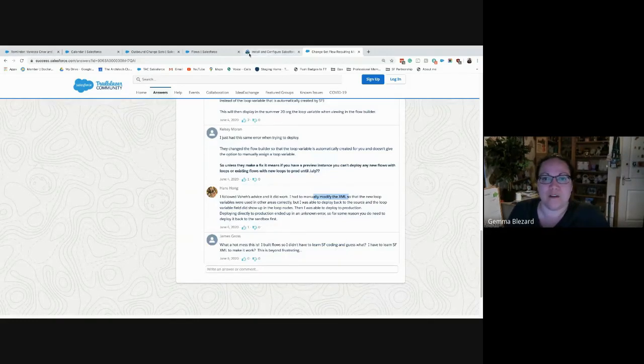Which leads me on to another method that you can use to deploy between environments. As I said earlier, you can use VS Code to extract the metadata and then upload it into a version control repository like GitHub, and you can manage the deployment of those releases using the branching strategies that are available in GitHub. Now, if you want to get more technical about that, as Ladies Be Architects, we can